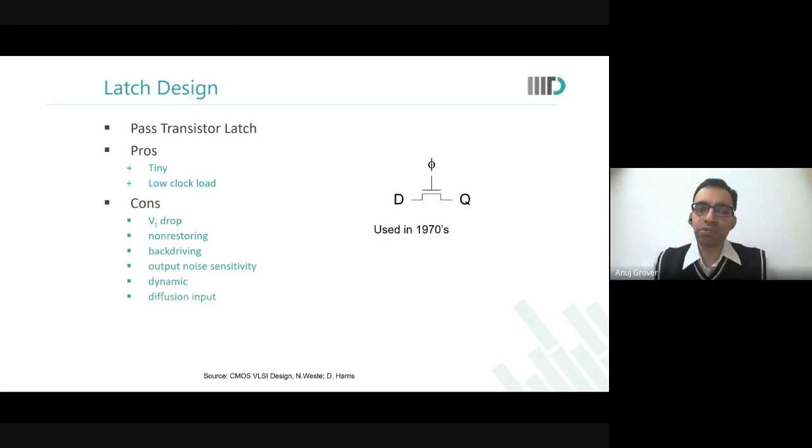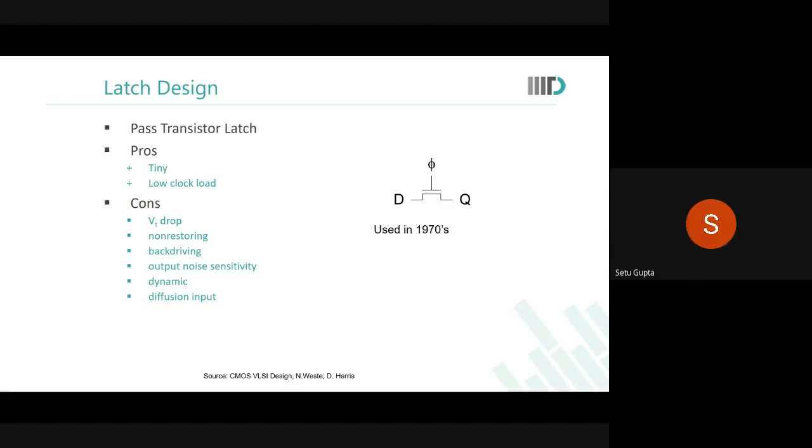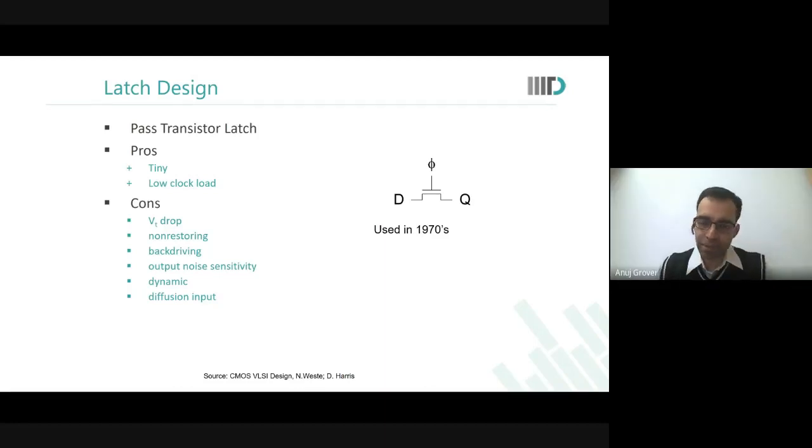So while this is very, very small, it is not really a good idea to use this kind of a latch. Another important challenge is it has diffusion input. So diffusion input के बारे में हमने पहले भी बात करी थी. What did we discuss about diffusion input earlier? Why is diffusion input a challenge? So the output can now influence my input. So if gate वो तो gate back driving हो गया.